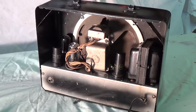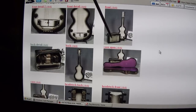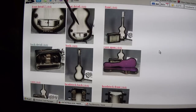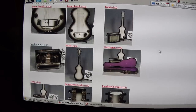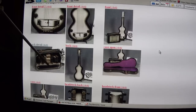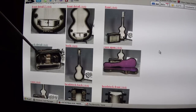Okay, let's do a little research on the Rickenbacker Model 59 Lap Steel Amplifier and matching lap steel guitar, which is also Model 59. You notice that they have exactly the same paint scheme, which is best for fashion-conscious lap steel guitar players. They show the rear of the cabinet, which looks just like the one we have out in the workshop with the kind of reverse painted panel here, which is odd, but everything else looks